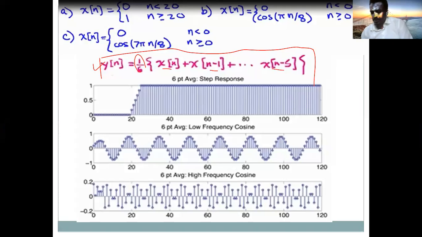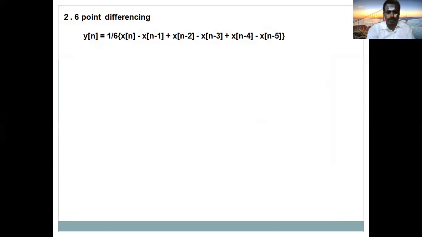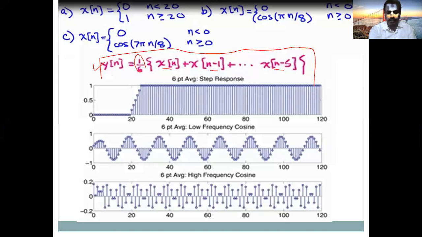Okay, so let's continue. Second example, 6-point differencing. But before that, in example 1, we have seen